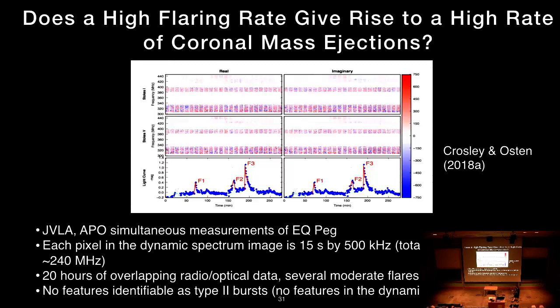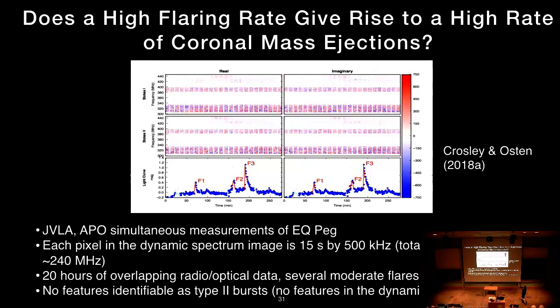So then we went out, or Michael went out and analyzed a lot of data. In total, I think he analyzed over 80 hours of radio observations, which was quite a feat for just a couple of years' worth of effort. And what I'm showing you here are the dynamic spectra. It doesn't look exactly like the solar dynamic spectra I showed you before. And these are light curves where we had some simultaneous optical observations. We saw some flares. Now this is time on the x-axis and frequency on the y-axis, and the color scale shows you the flux density.